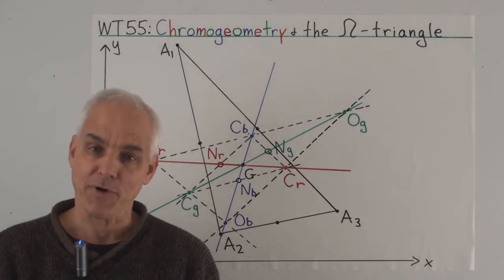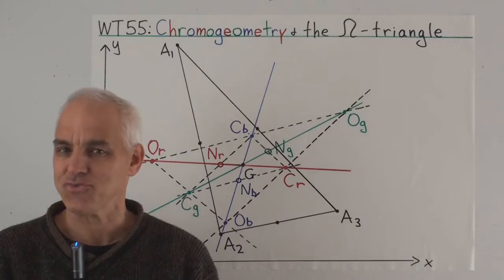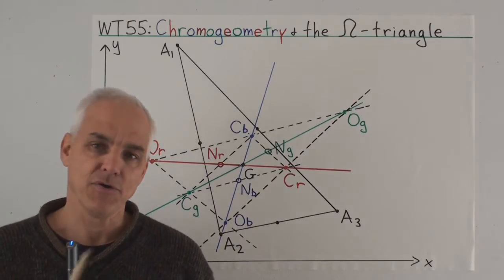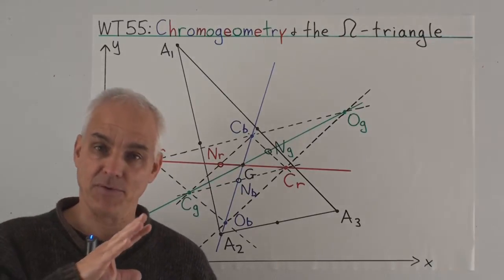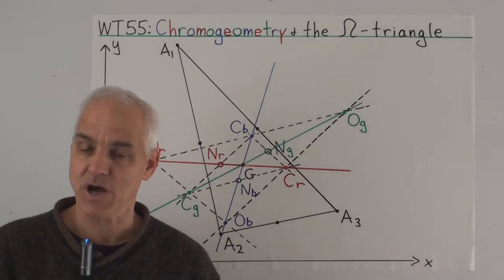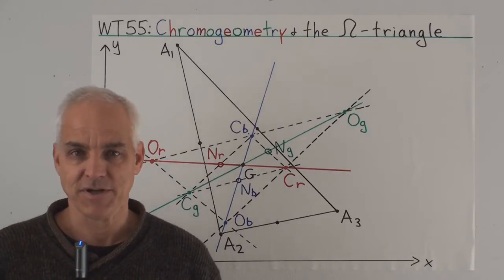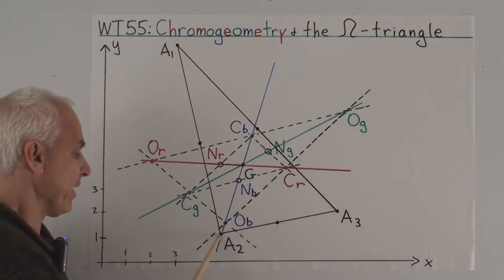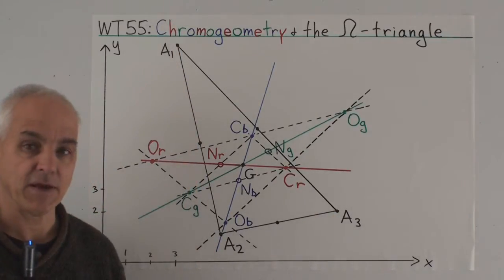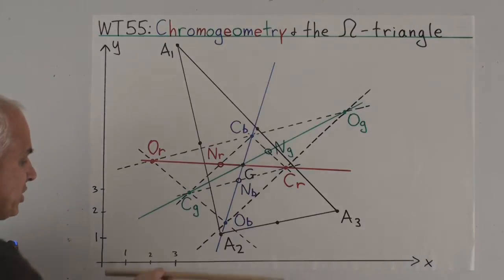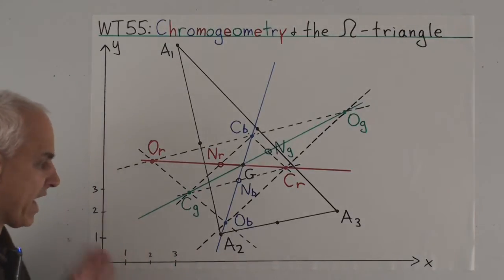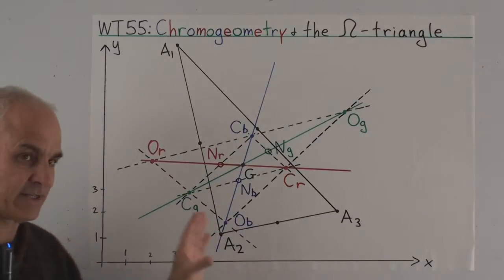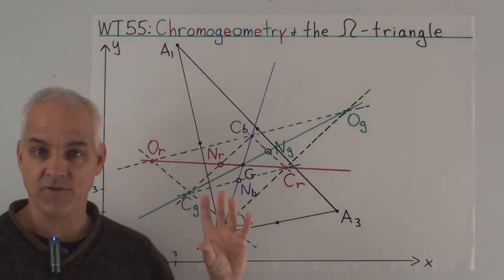Hi, I'm Norman Wildberger, and today we're going to introduce the omega triangle of a given triangle. This is part of chromogeometry, our new threefold symmetry that brings together usual Euclidean blue geometry with two relativistic geometries called red and green. Our setting is a triangle in the Cartesian plane, the triangle A1, A2, A3 here in black. It's in the Cartesian plane, meaning that we have specified coordinate axes which are pinned down. And it's the position of this triangle with respect to these coordinate axes which is crucial in setting up this chromogeometry.